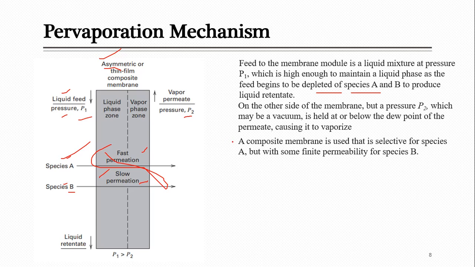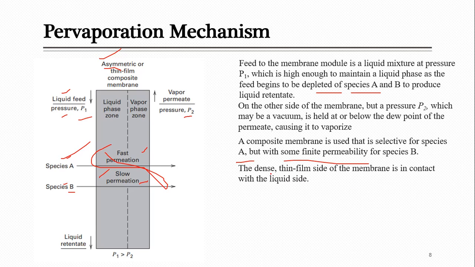A composite membrane is used here, and the reason for using a composite membrane I already told you: to support high pressure. So this composite membrane is used, which is selective for species A but has a finite permeability for species B. A small amount of B can also pass through this composite membrane, and the reason for using this membrane is to operate this process at high pressure or pressure difference. The dense thin film